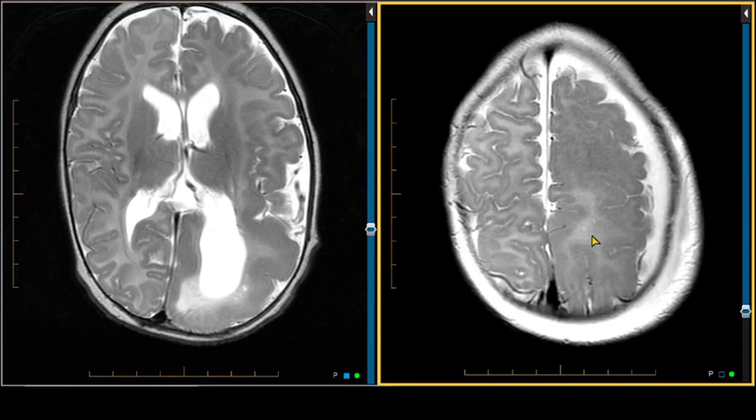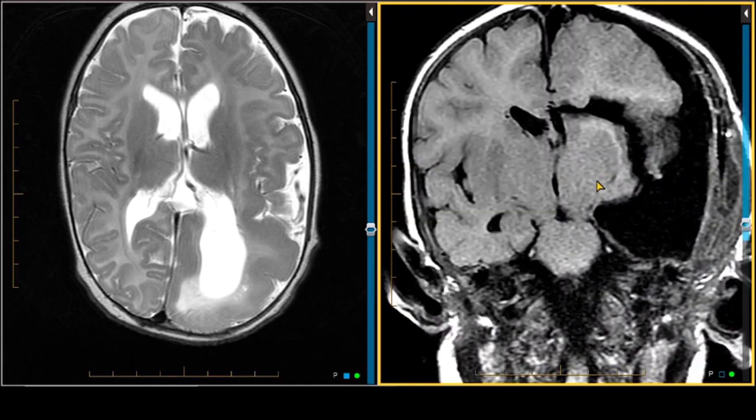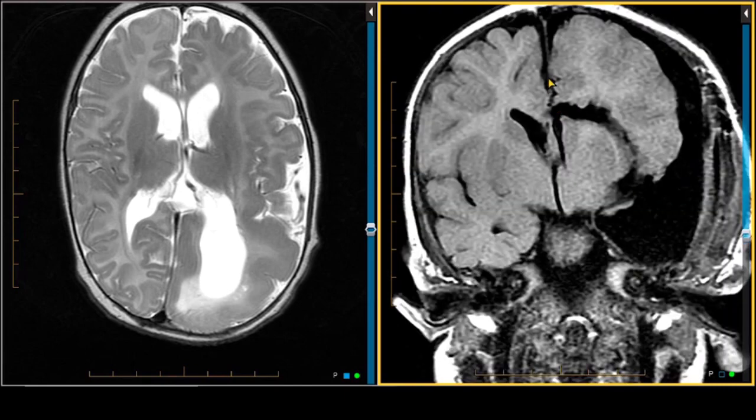There's some parenchyma near the vertex also in the left cerebral hemisphere, the posterior frontal lobe as well as the parietal lobe that is present. The way this is disconnected is they do a corpus callosotomy at the time of the procedure. So here we see a transection going in towards the interhemispheric fissure, and we see the corpus callosum has been